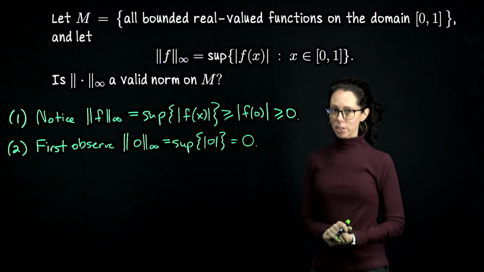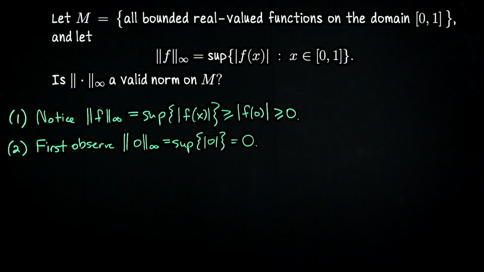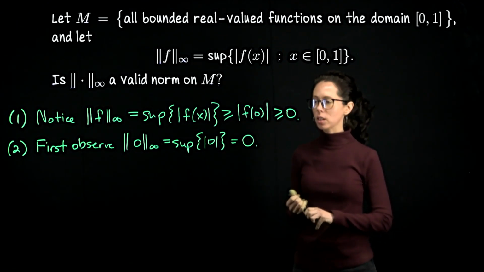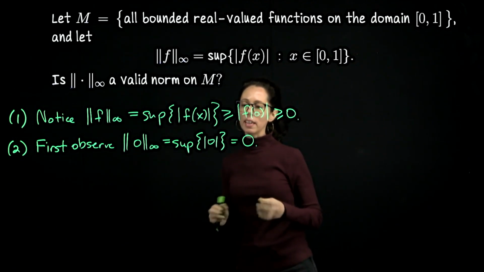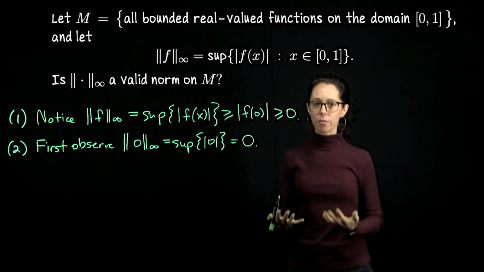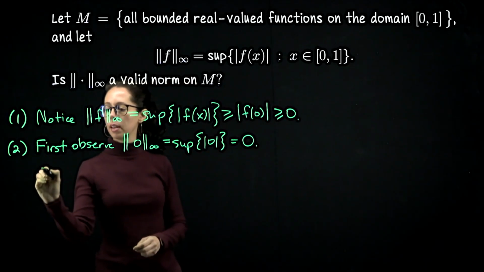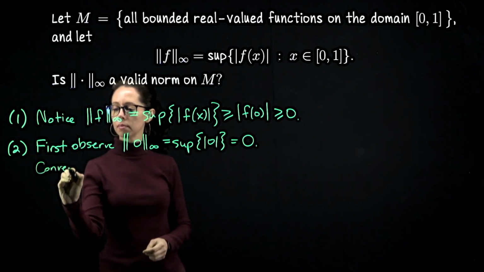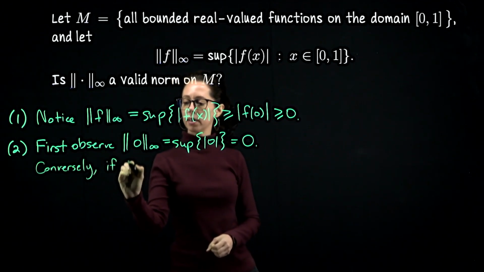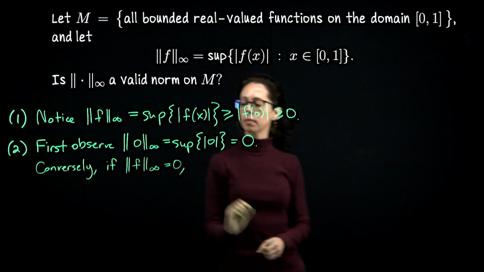Take a moment to go the other direction. In most situations with non-degeneracy, checking the other direction takes a little bit more work. We want to check that if the sup norm is 0, then what we were taking the norm of was the 0 vector, the origin in the vector space. In that case, that's this constant function 0. Conversely, if the sup norm of some function is 0, then